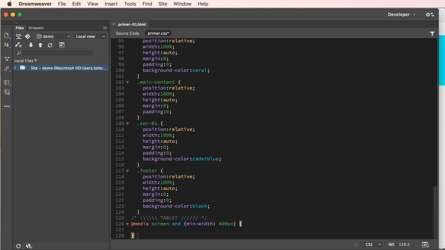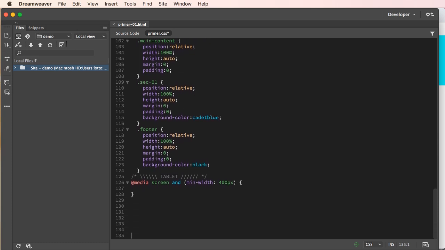And I'm just going to add a little bit of space after this just to move this up so it's a little easier for you to see. And what we're going to look at here is we have at media, specifically a screen, and when the minimum width is something, I'm going to change this to 800 pixels. So 799 pixels and below or narrower will be all of these rules up here. But as soon as the minimum width reaches 800, let's say like for a tablet, what we will do is we will paste in